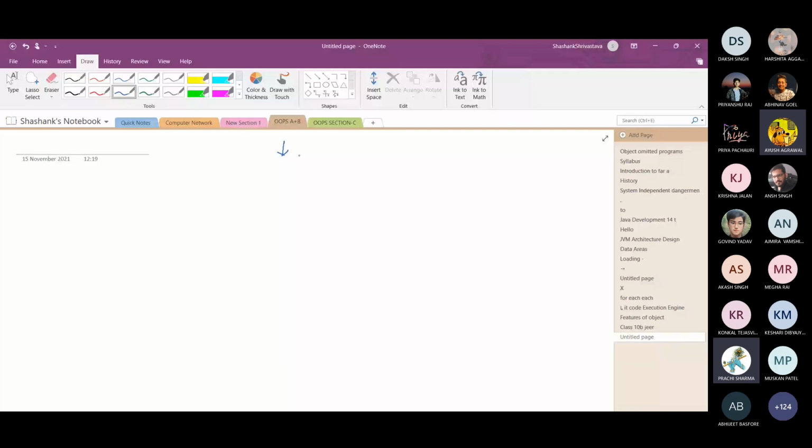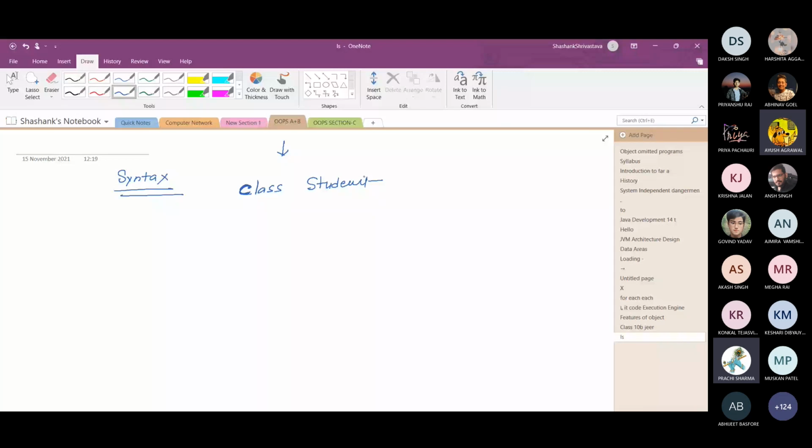The syntax is: class is the keyword, with C in a small letter, not capital. Class and then student. Here, student is the name of the class. Then opening and closing braces define the scope of the class.